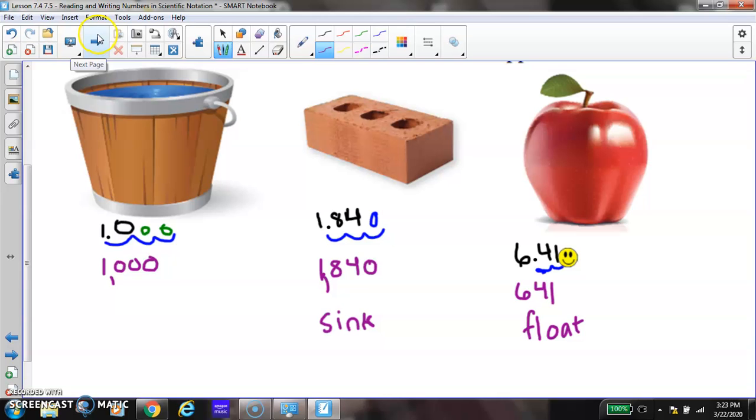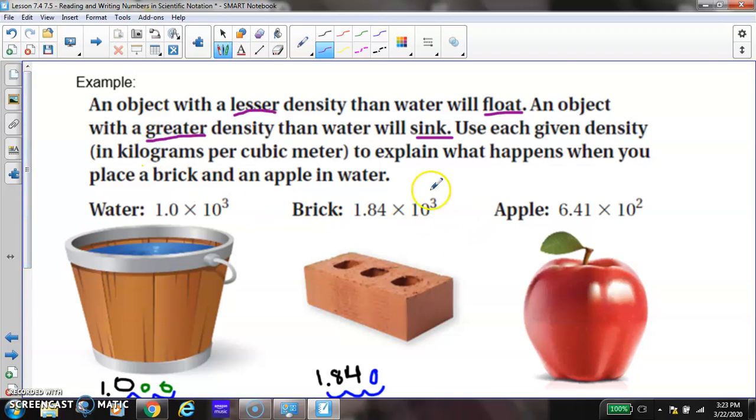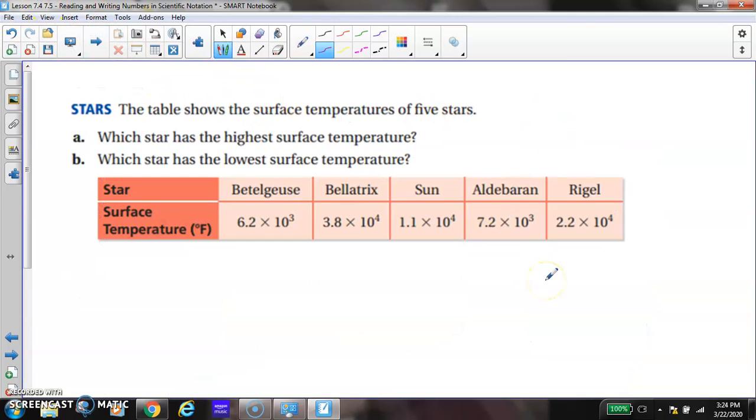But just to give you a practical application with scientific notation, one thing that you might notice though is look at the power on 10. Since you have a higher power on 10 of the brick than the apple, this number is ultimately going to be bigger than the apple's number. And that's actually a shortcut that you can use for this next problem. So when I'm trying to figure out which star has the highest surface temperature, the first thing I'm going to do is look and see which one has my highest powers on 10. So it's either going to be Bellatrix, the Sun, or Rigel, because these are the ones that have the 10